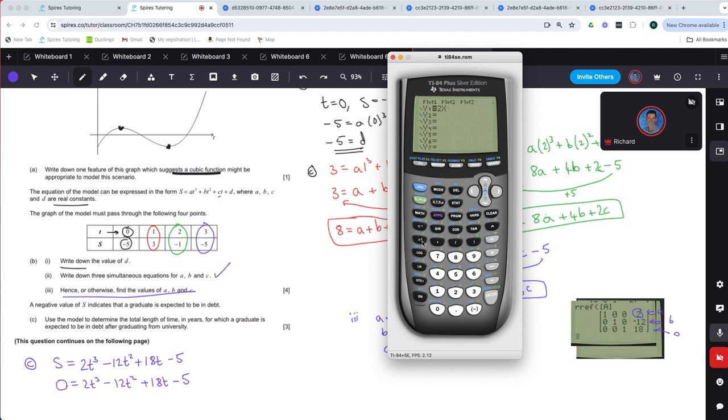and again we can do this on the calculator. So I've got y equals 2x cubed, so I'm going to graph it, minus 12x squared plus 18x minus 5. I have to put x's, can't use t's just in the calculator. And so we graph it. It looks like this. Okay, so here's our equation,